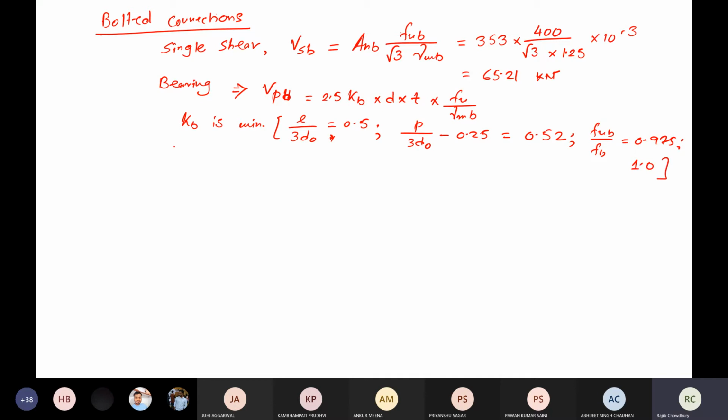Okay, so the KB is going to become 0.5. If KB is becoming 0.5, then